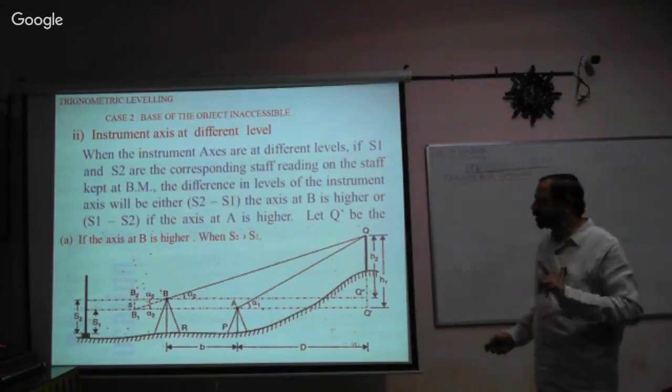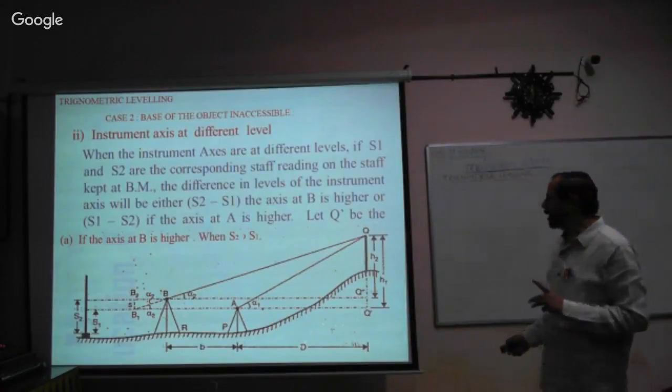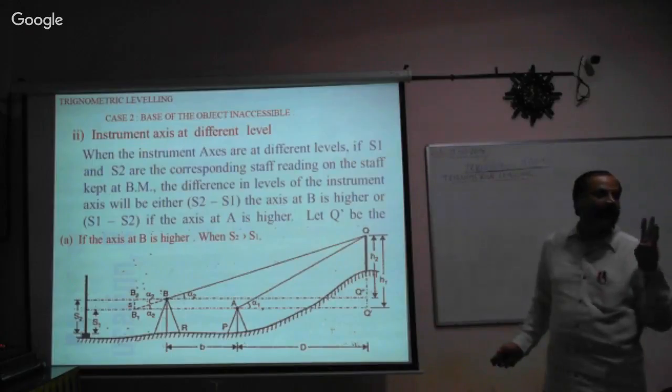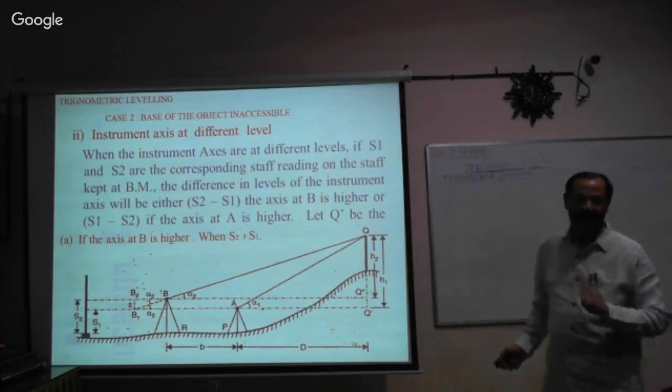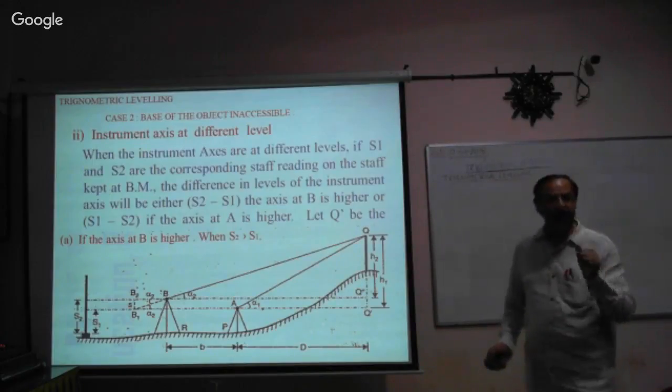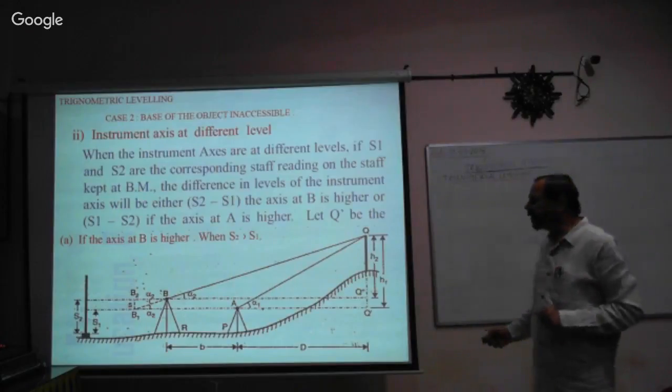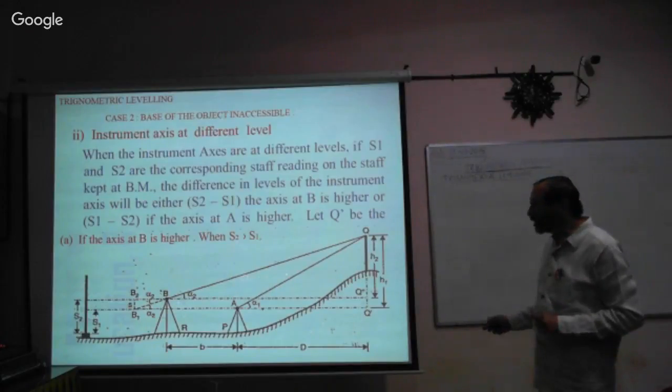Understood? And also, D is also unknown. There are three unknowns, we have two equations. Now therefore, it is difficult to solve the problem. Now therefore, what we have done, see now, this line of sight, the line of sight here, in the second